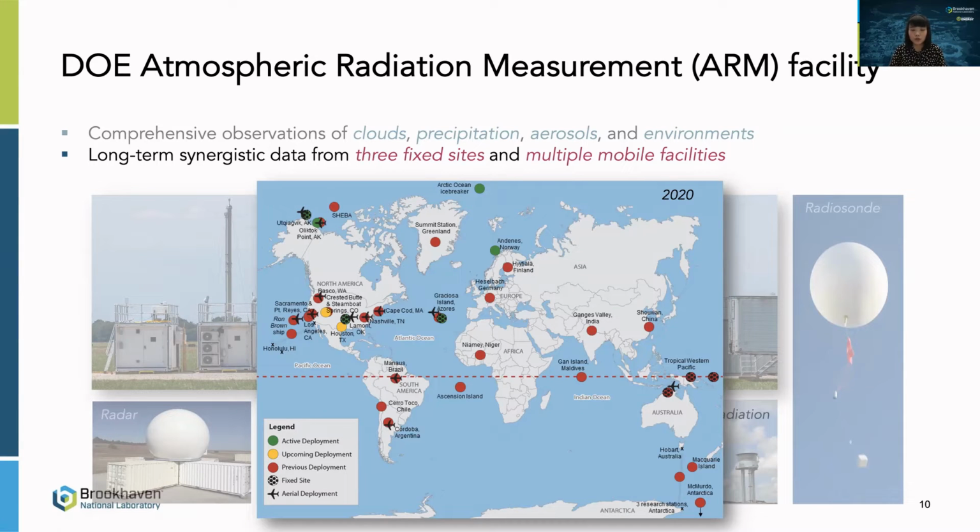So you have long-term measurements there in these two sites, but the rest of the dots show you those mobile facilities that were deployed to a location for a year or two. The most recent campaign that ARM conducted was the TRACER field campaign in Houston, led by Mike Jensen at Brookhaven. And I know some of the Stony Brook folks were also involved in this campaign.